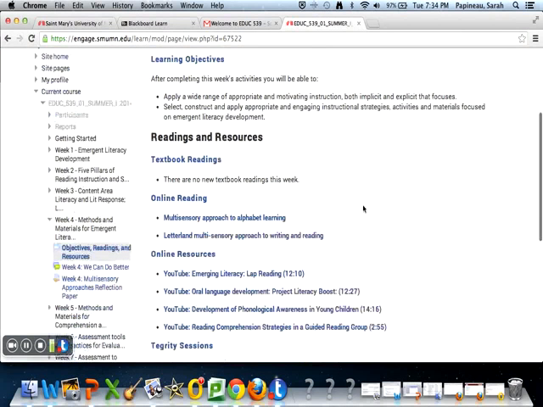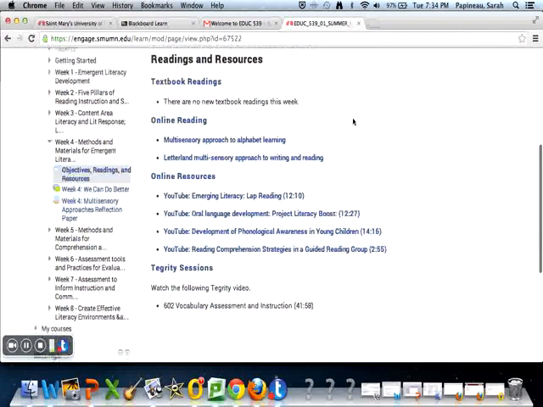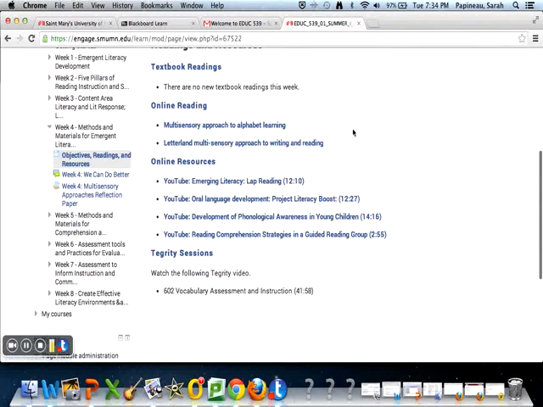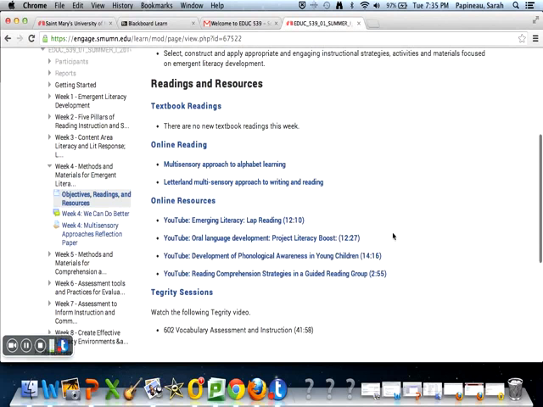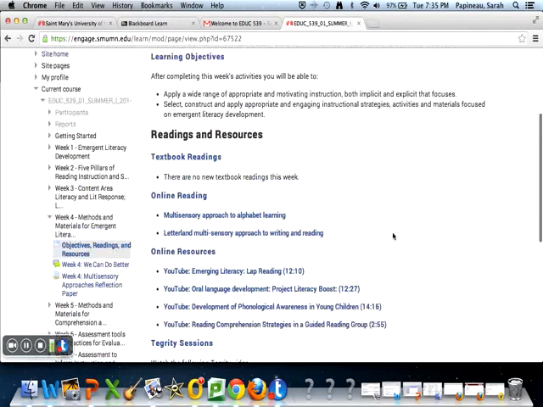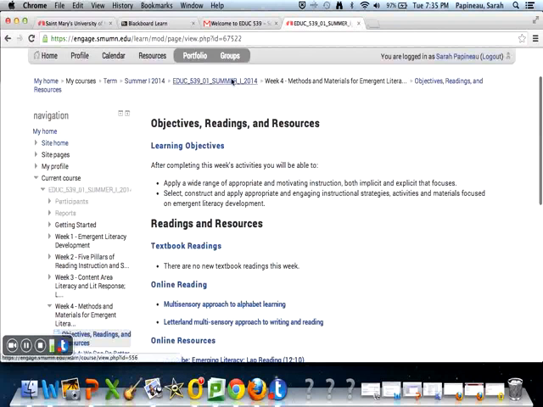We don't have any textbook readings for this week, but you're going to be having some online reading. There are some websites here that you're going to be looking at and some YouTube resources. There's also an Integrity session that we might need to check into to see if it will be there or not. I think we've seen this one. It might be a revisit as well as an additional one. So going through all of these resources is going to lead you to